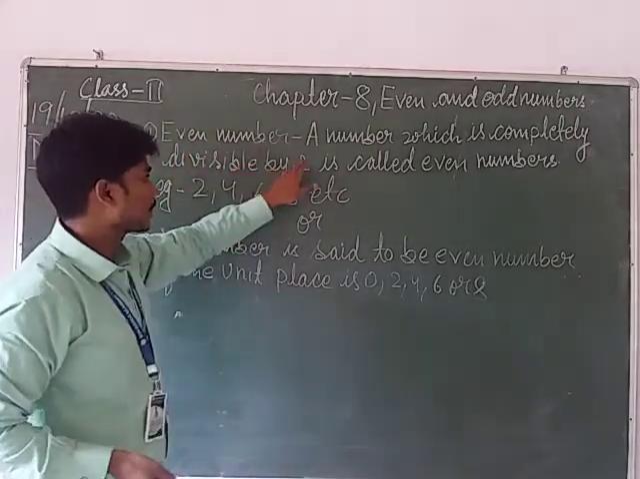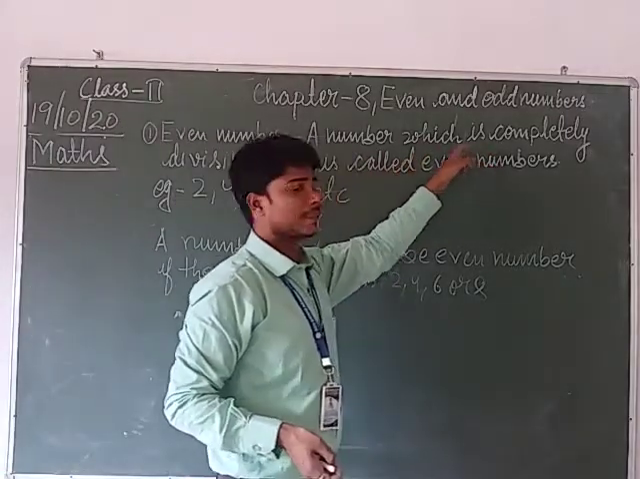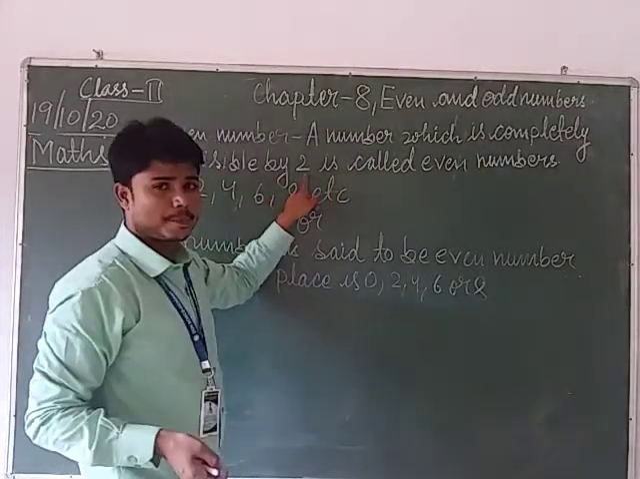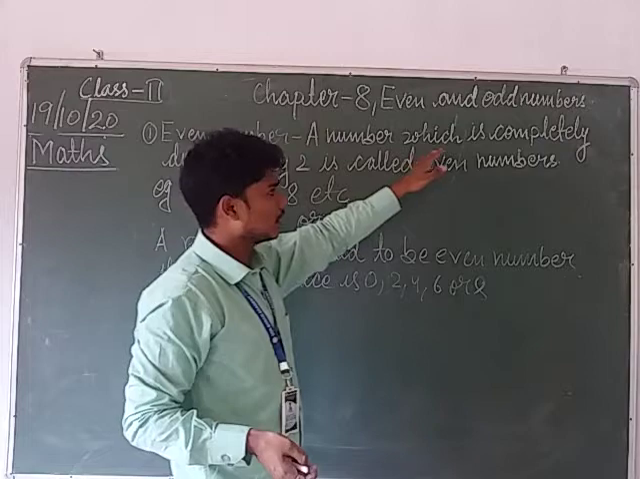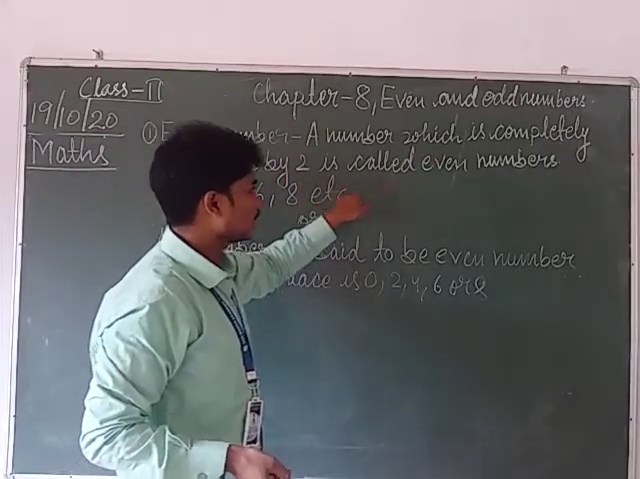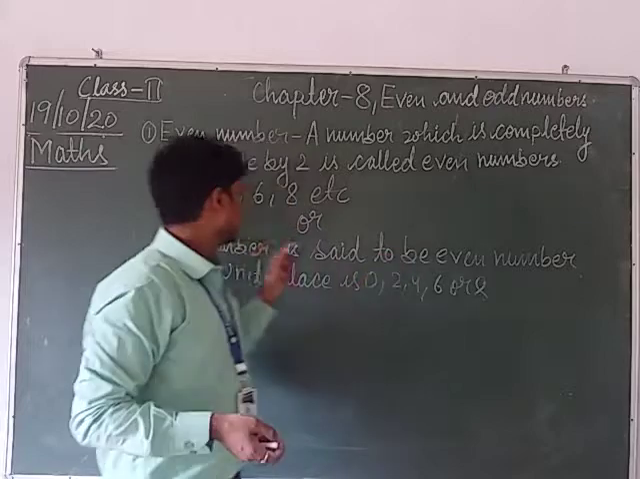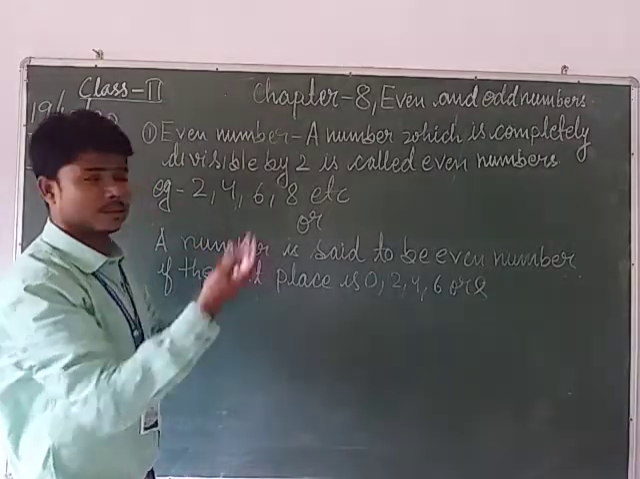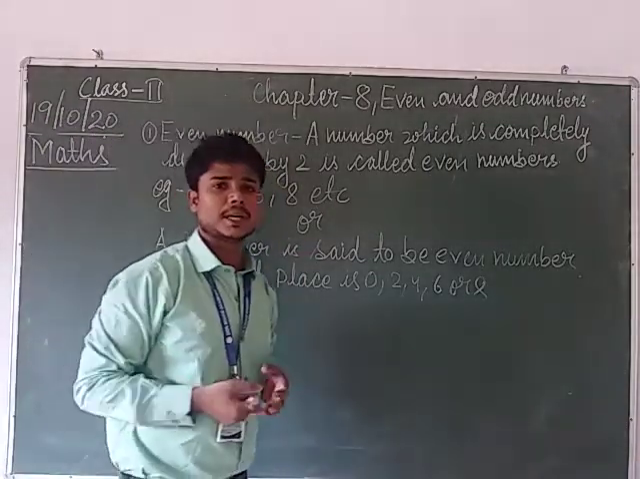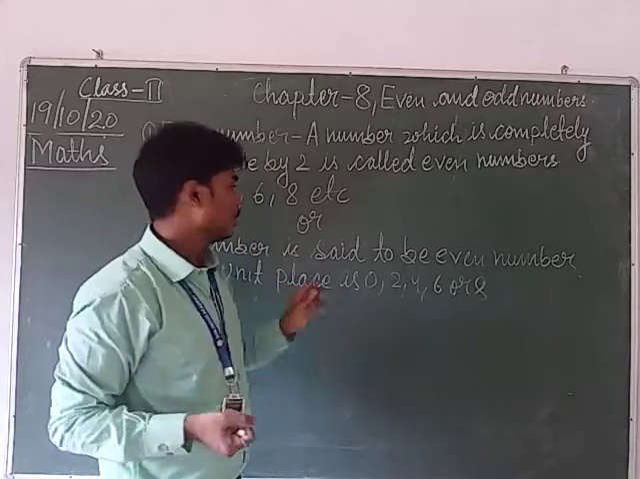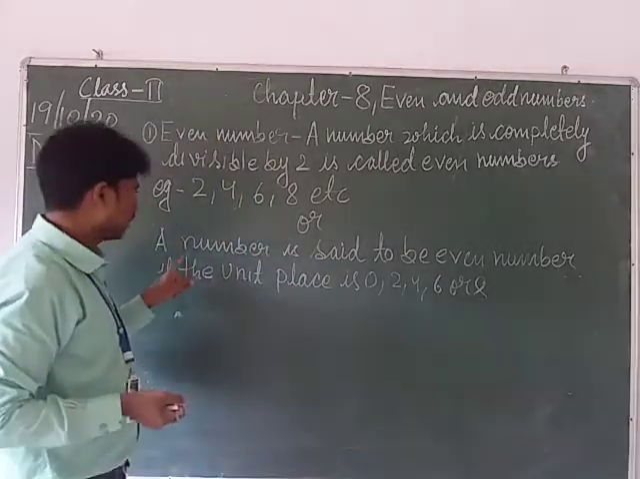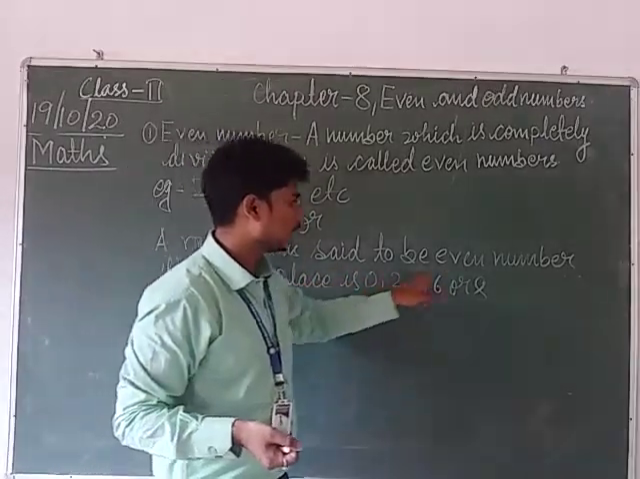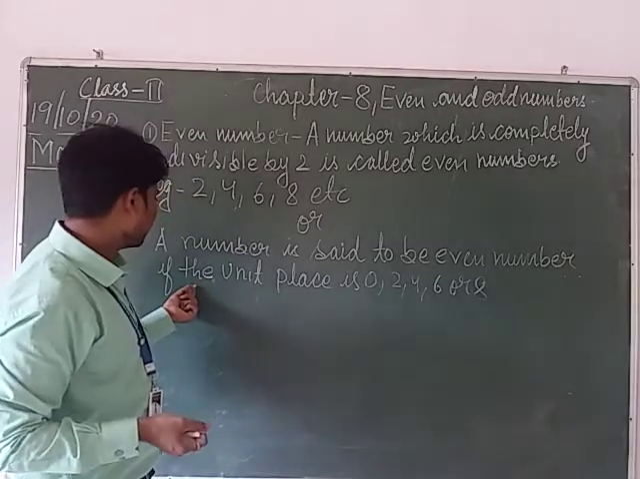What is an even number? A number which is completely divisible by 2. A number which is completely divisible by 2 is called an even number. Example: 2, 4, 6, 8 and many numbers which are divisible by 2, that is called even number. Or in another way we can say that a number is said to be an even number if the number